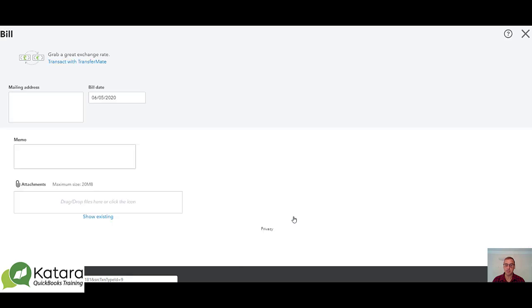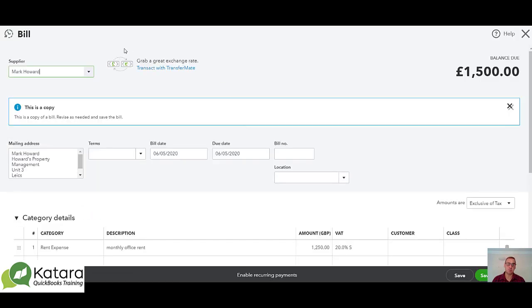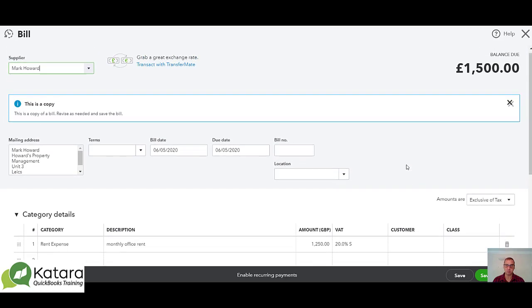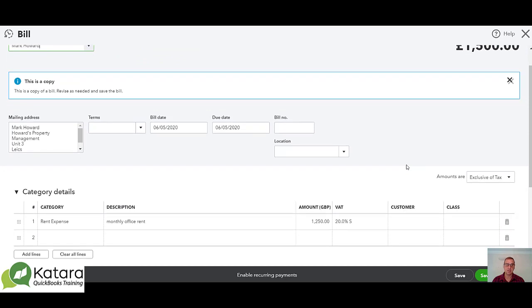So if I click on copy, this then appears as a copy of the bill that was previously entered for Mark. And you can see here it's got a marker that says this is a copy, so I know that I'm entering a new transaction in. It's not the original transaction that I'm dealing with, and also the bill number has disappeared, so we know it's a new bill. But apart from that, it's an identical transaction to the previous transaction entered, and I can change